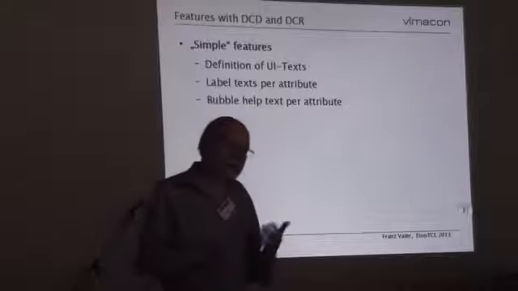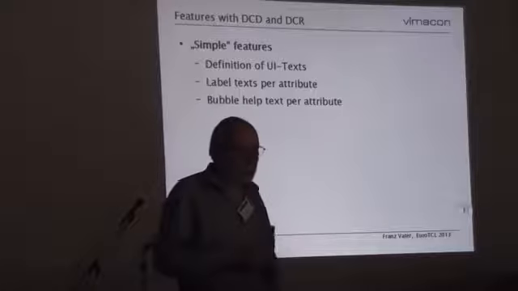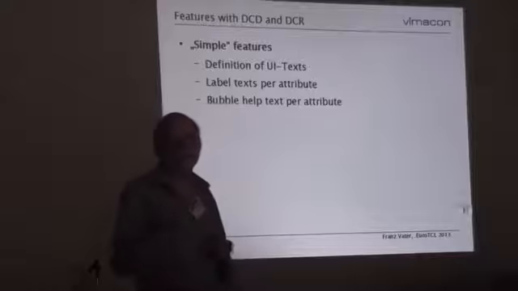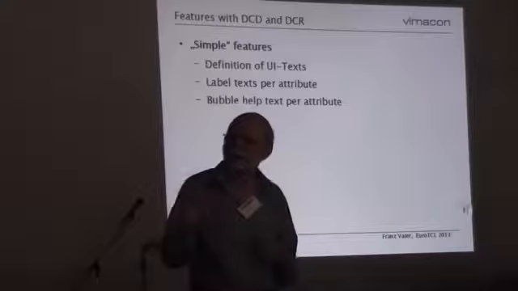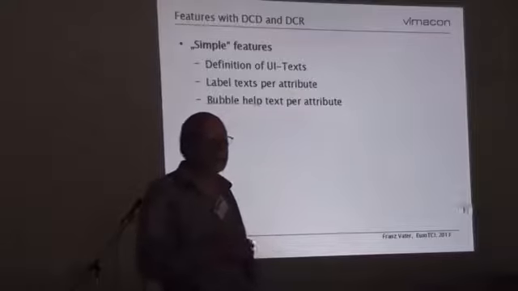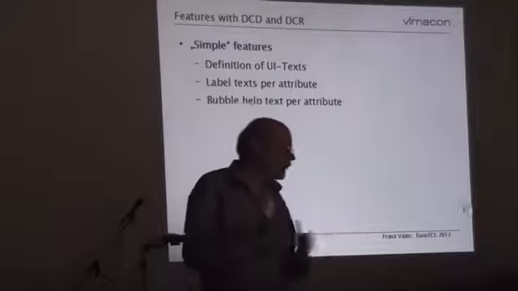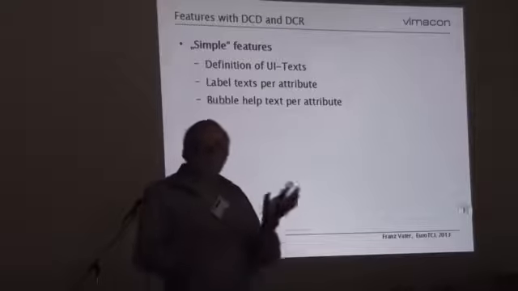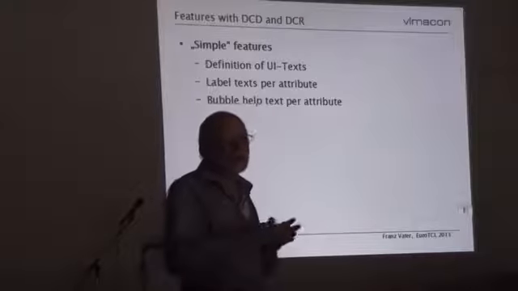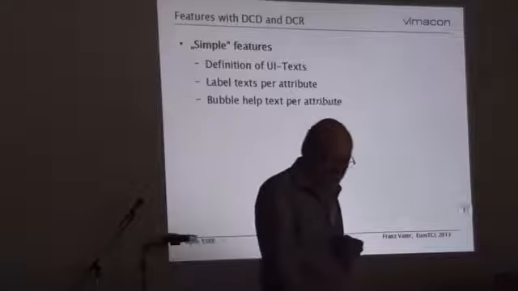You can now change it by defining label text. We can define bubble help text, which appears if you move the cursor over an entry field. It will pop up and show the user what to do. For example, please